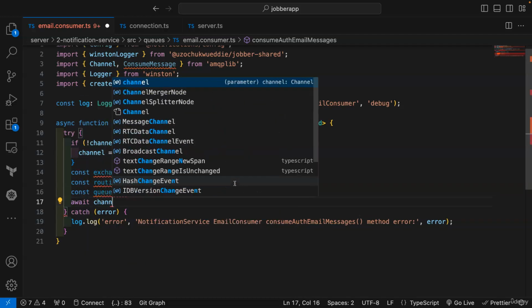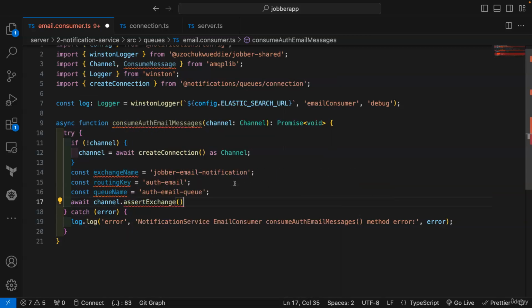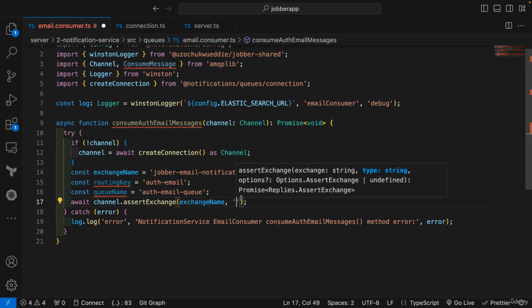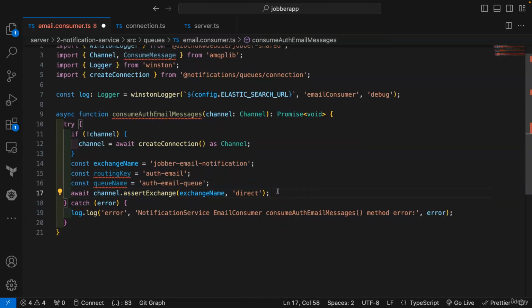So await channel.assertExchange. This is the exchange name, and then we pass in what type of exchange we want to use. We want to use a direct exchange. What this means is it's going to send a direct message from the exchange to the queue using this routing key. Okay, so we are asserting that this exchange exists, and then we also need to assert the